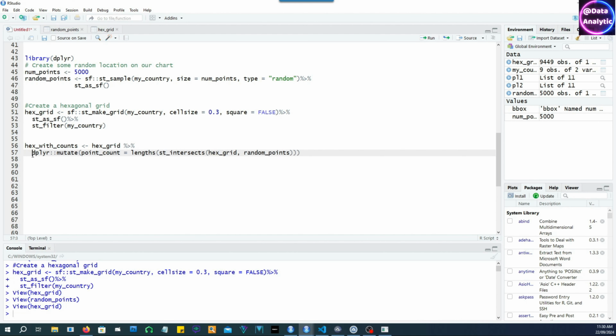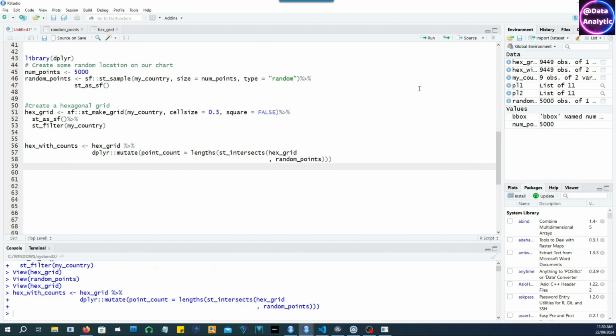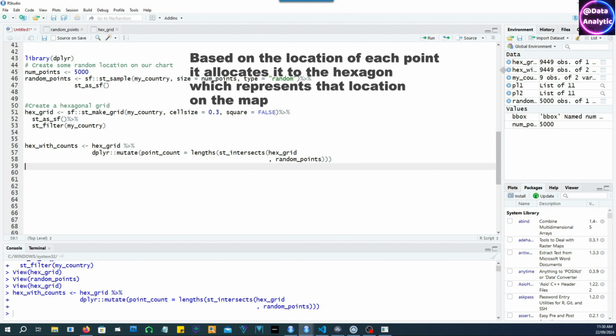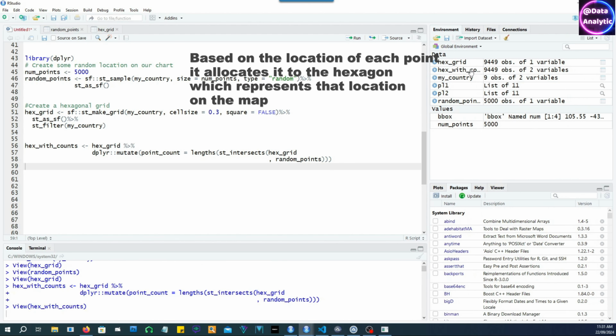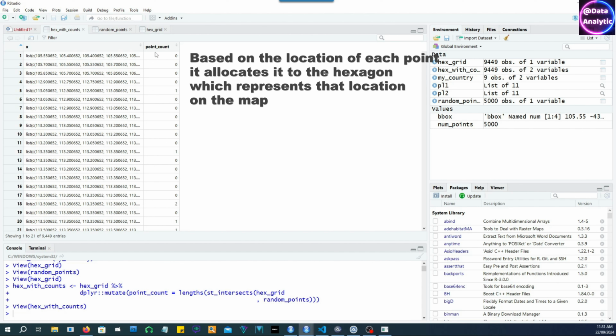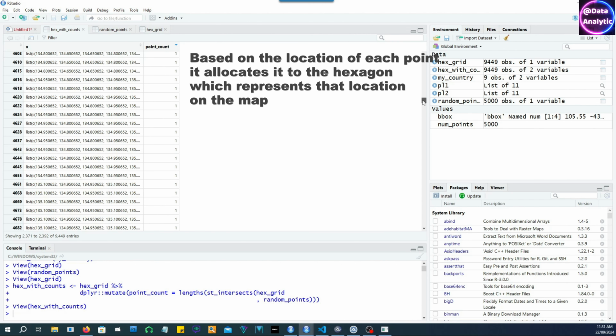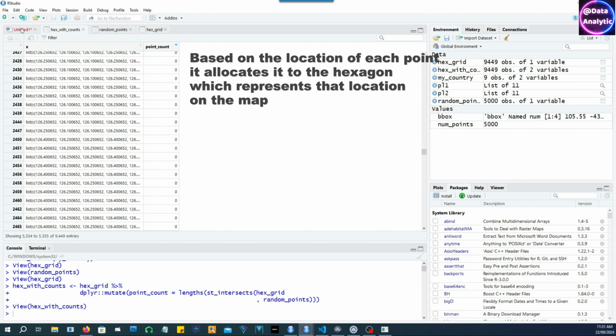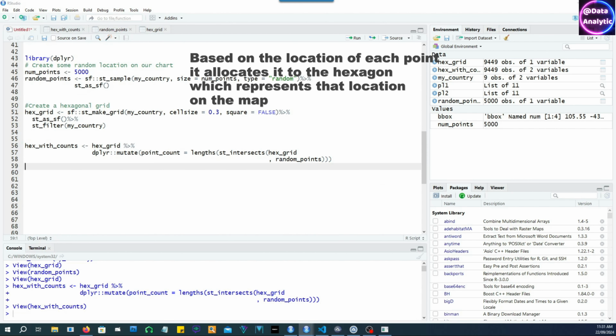We need to combine it together so that we get the counts for each grid. The idea is that we should actually get the count for each grid, and I'm going to use this command, the st_intersects command, which places each random point within a hex grid. So we'll get a count of that also, and that will give us our heat map. So here we go. We have the geometry for each hexagon, and also the point count. So now we know how many points actually exist within each hexagonal grid. So we have some random values in there